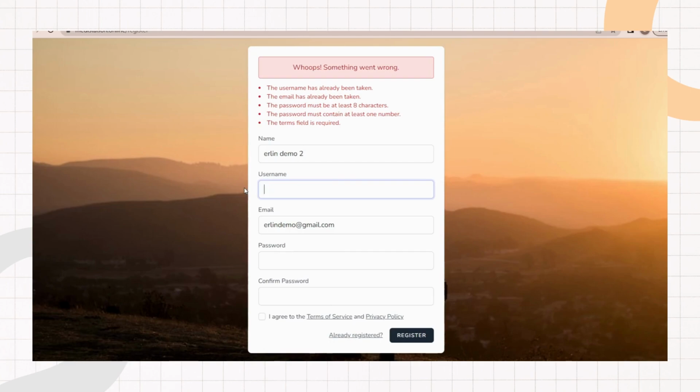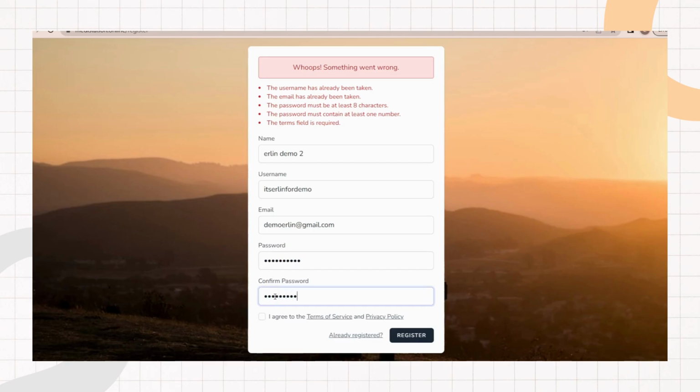So let's just change the name, username, and email since the registration form says that it also has been taken. So let's just change this and also enter the new password that is at least 8 characters long and has